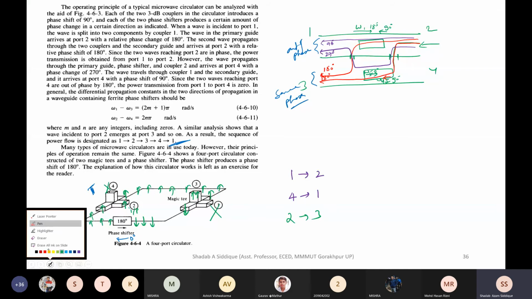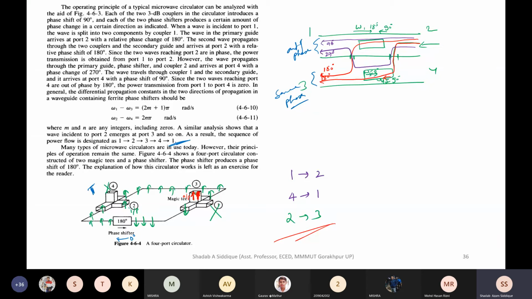If you take the difference of these two, they are already 180 degrees out of phase, so one of the minus signs will be multiplied and that will become plus. So that will become additive, or the 180 degree phase will be added to one of them. So when we apply input from port 2, we are getting output at port 3. That is correct.